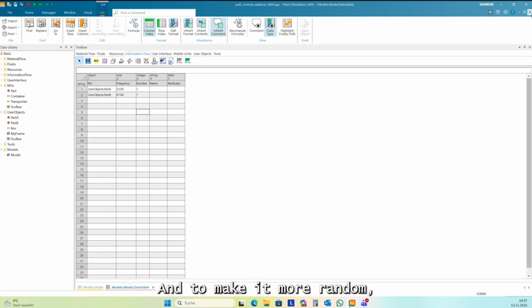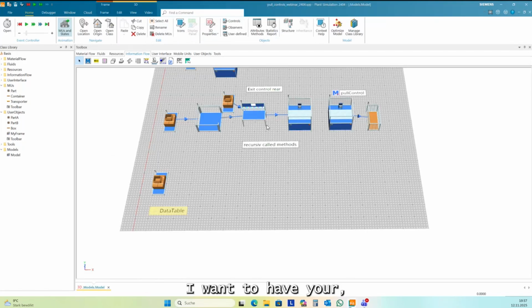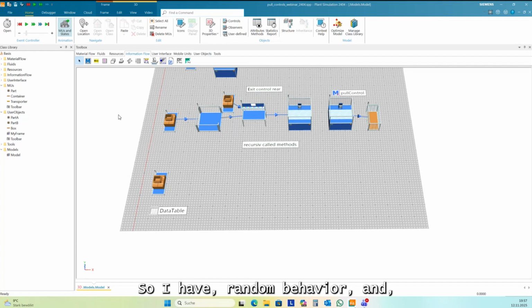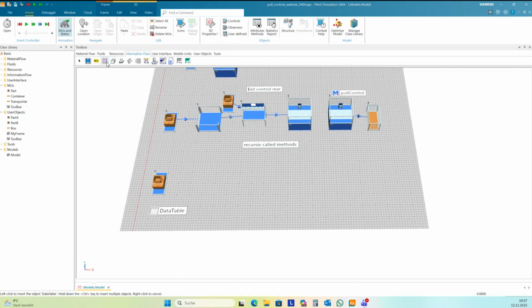And to make it more random, I want to have here a random interval, uniformly distributed between 10 seconds and 50 seconds. So I have a random behavior.